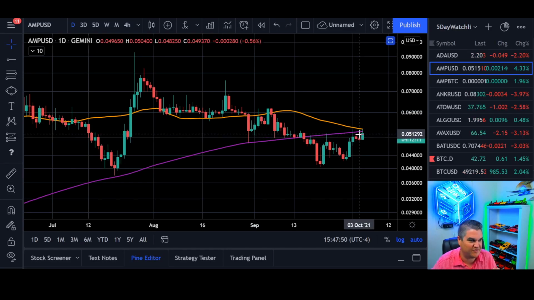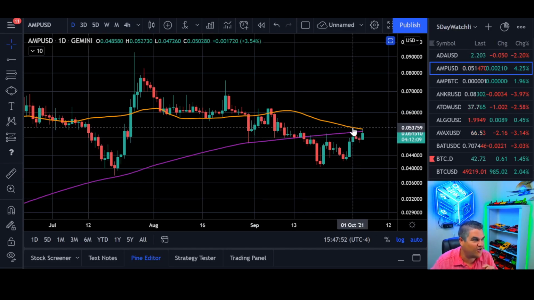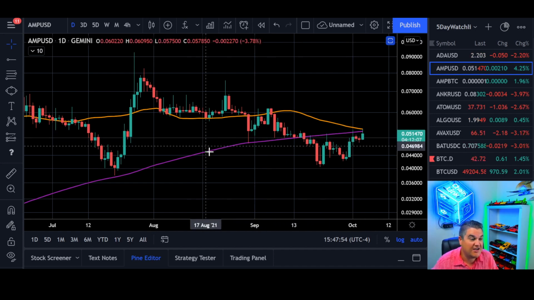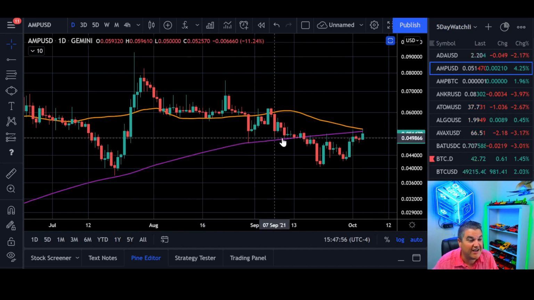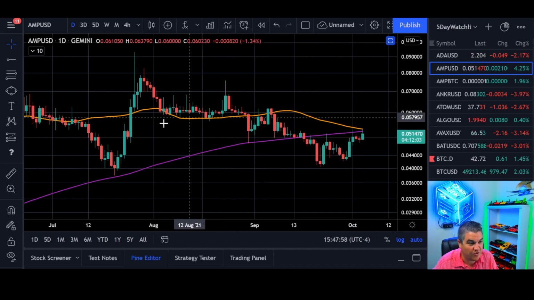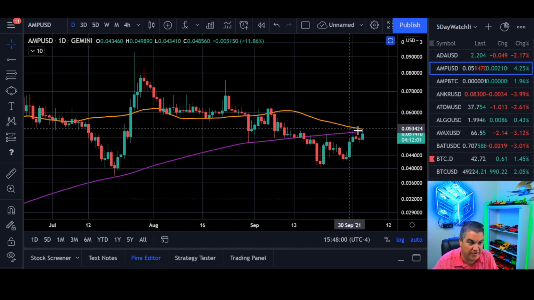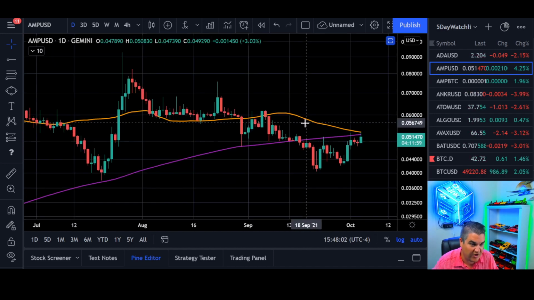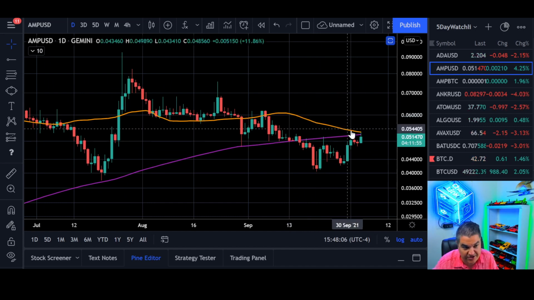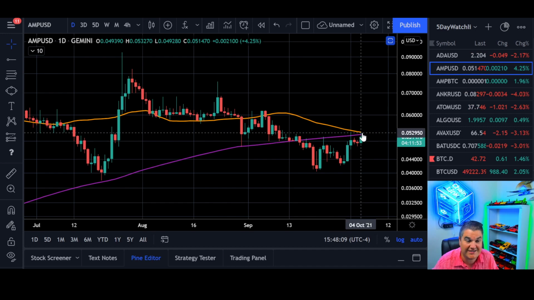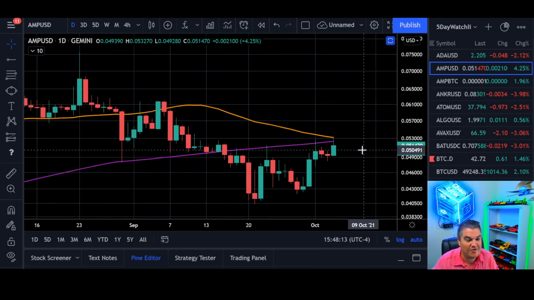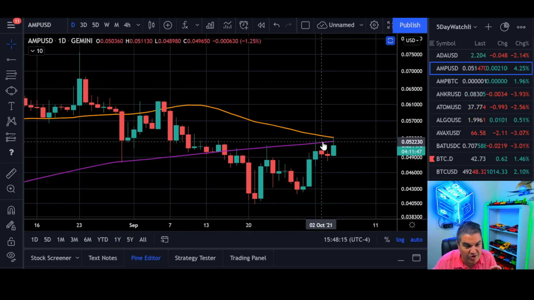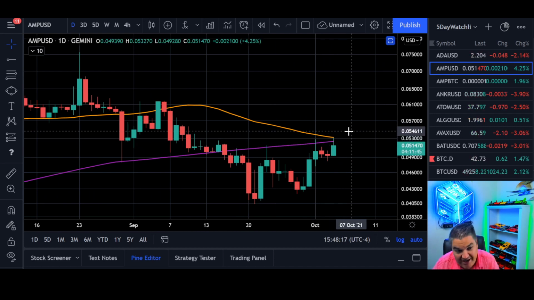Well, another chart for AMP USD on the daily chart. What are these lines? This is the 200-day simple moving average. The orange line is the 50-day simple moving average. What do these mean? Well, when they cross, usually, when your 50 is crossing below it, what is that called? That's a death cross. Does that sound good or bad? That would not be great news for AMP. How could we avoid a death cross? I'm glad you asked.